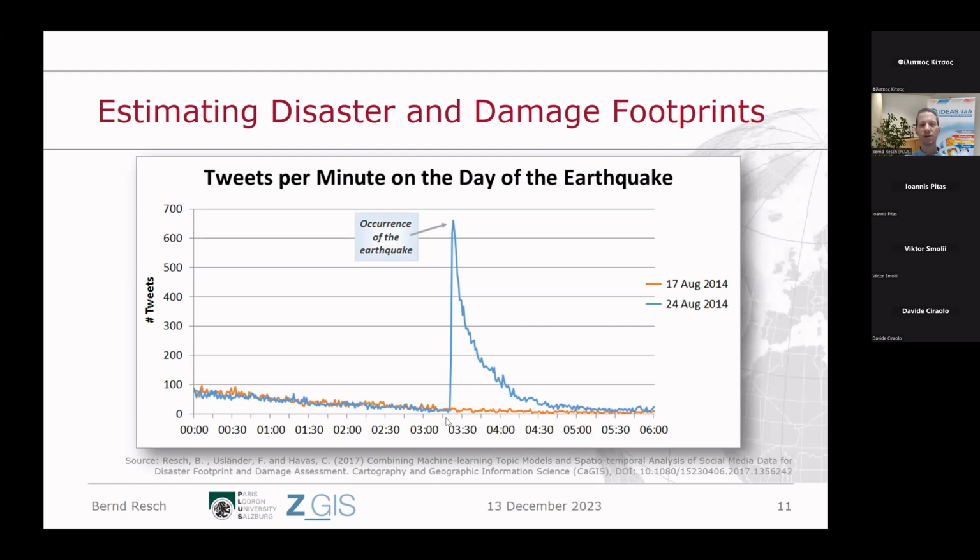What does this tell us about the social phenomenon? The social phenomenon is, if I'm thrown out of bed by an earthquake of magnitude 6.2, the first thing I do before cleaning up and taking care of my safety is pulling out my phone and then tweeting or posting on the internet and social media, have you felt the earthquake, the earth is shaking, and so on. Now, from a sociological and psychological point of view, that's a very interesting phenomenon. From our point of view, big data analysis, it's something that we can very well make use of, obviously.